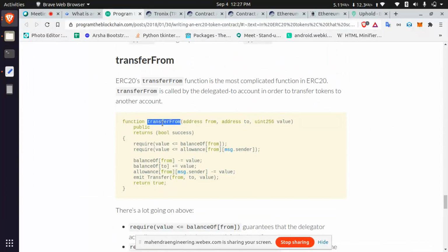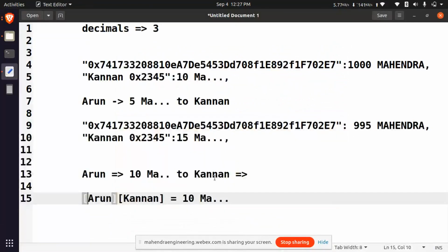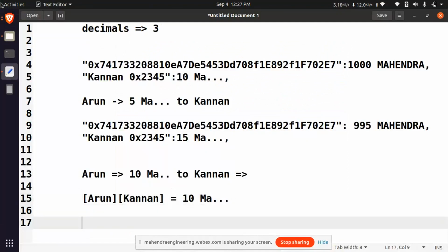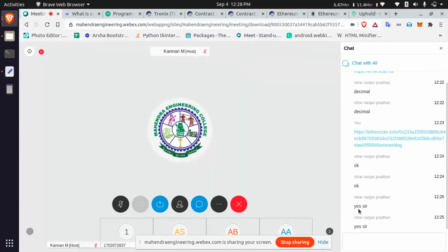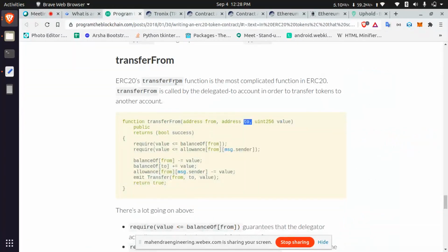In this transferFrom function, he will give my address and then two addresses. Let's say, what is the name of any participant, let's say Nihar. Okay, I'm taking Nihar as an example.